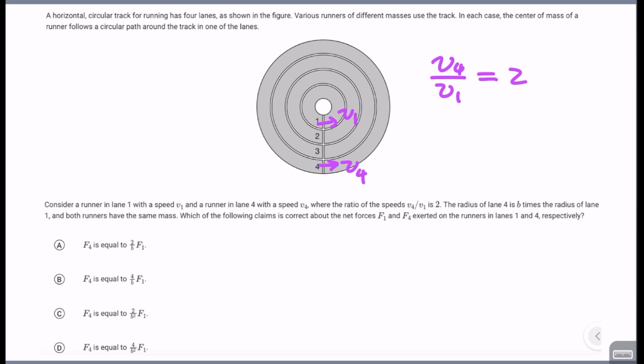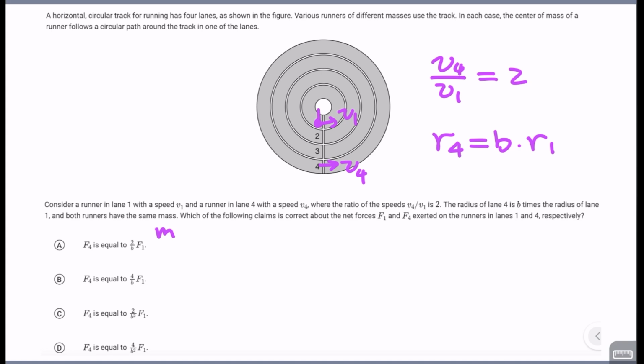The radius of lane 4 is B times the radius of lane 1. And both runners have the same mass. Okay, so I'm just going to assume that both have the mass m. Which of the following claims is correct about the net forces F1 and F4 exerted on the runners in lanes 1 and 4 respectively? Okay, so assuming that this person is doing circular motion along the track,